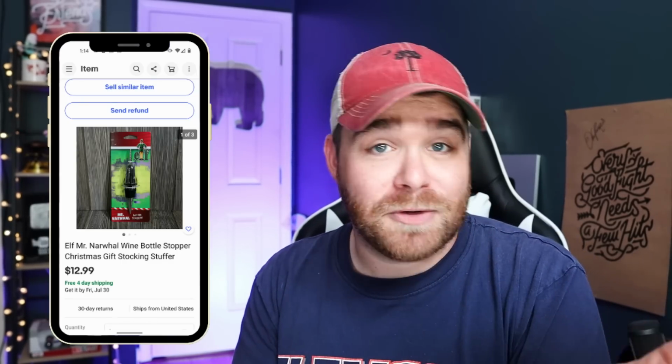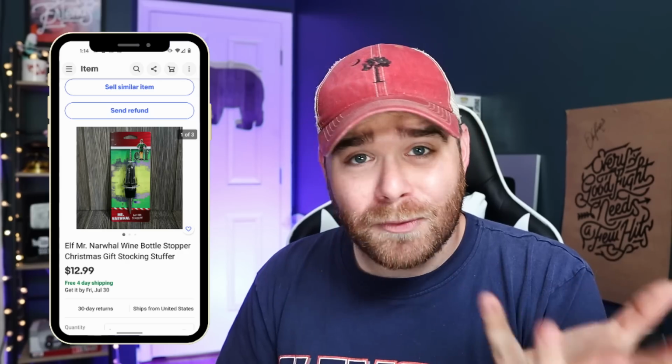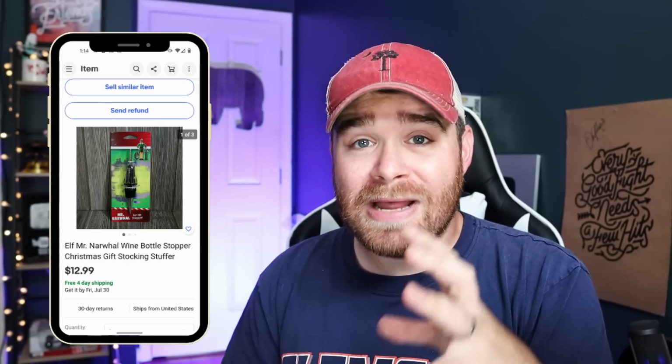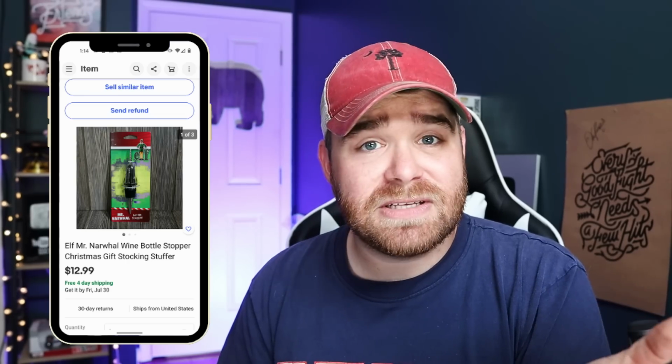We sold another one of our Narwhal wine bottle stoppers from the Elf Christmas movie. A couple months ago, we went to the Goodwill bins, and I think I found like 23 or 24 of these still brand new in the package. I don't think it was half off day, so we probably paid about 25 to 50 cents for each one of them,